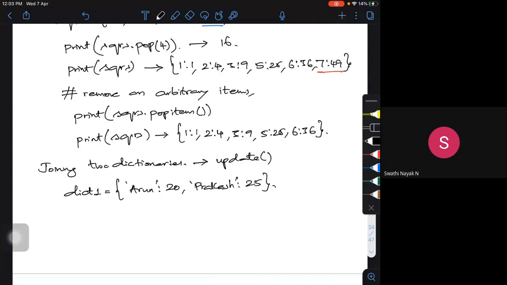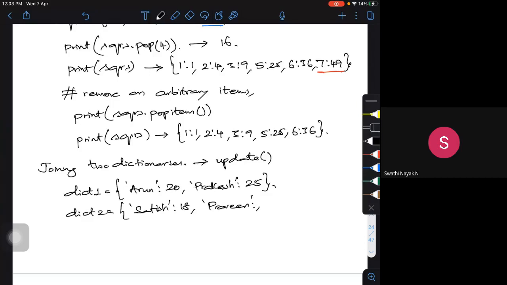I have created one dictionary. I have one more dictionary, let me call it dict2. Here I have maybe Satish, he is 18. Then Praveen.